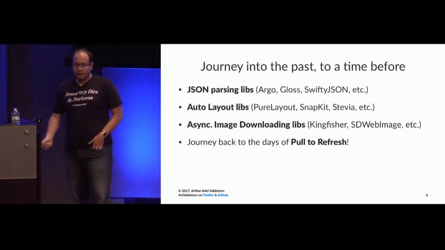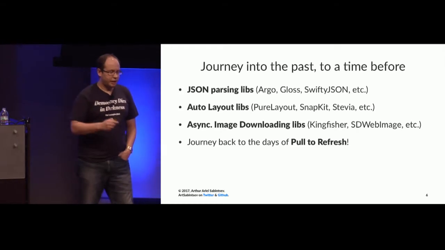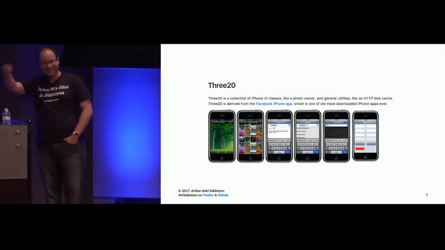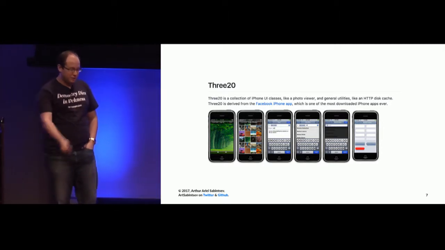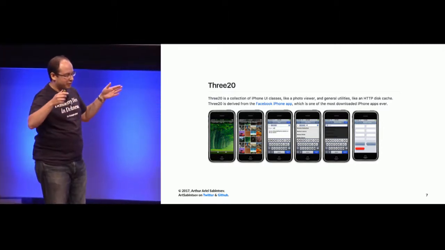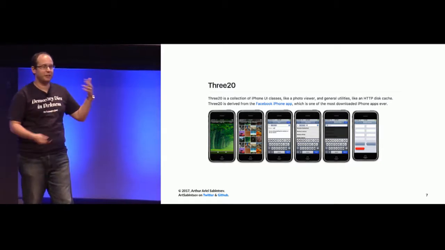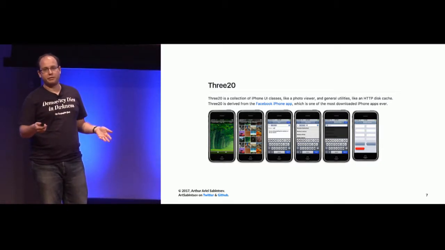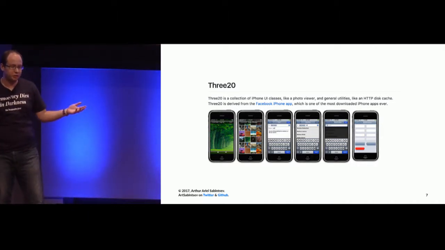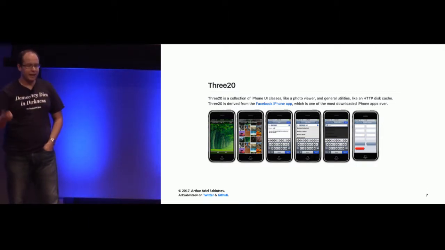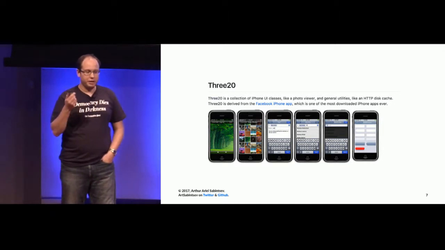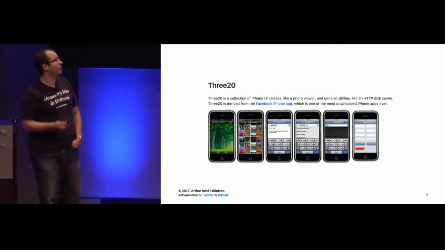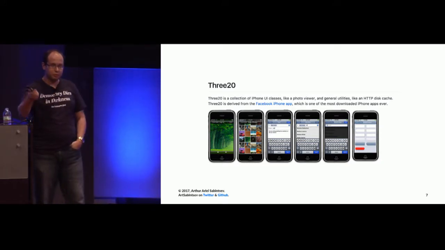So back then, there were a lot of libraries that add pull to refresh. The best one was 320. There you go. 320, which I learned recently stood for the number, because I was wondering what this name stood for. I never thought about it. It's actually quite obvious. It's the number of pixels or points for the width of the original iPhone, 320. That's what 320 stood for. It was a UI component library. It added a lot of features that were not easy to make back then in Objective-C, like a mail clone, a photo gallery, and pull to refresh.